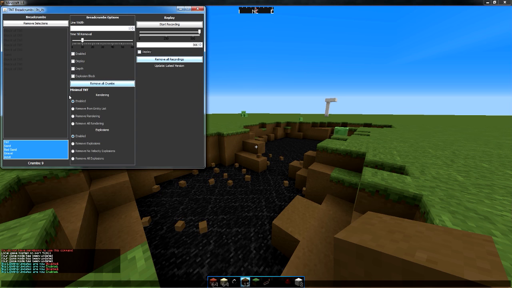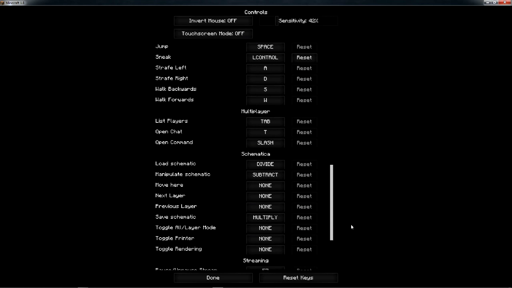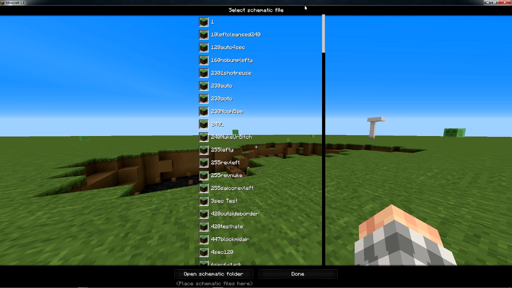So next is Schematica. Now if you go to your controls again, you can see the default. These are the default. It's divide, subtract, multiply. Those are the default keybinds. So if we hit divide, and this is above the number keypad, so the 1, 2, 3, 4, 5, 6, all that, it'll have divide, multiply, and subtract above. So these are some cannons I have. Obviously I have a whole list of them.